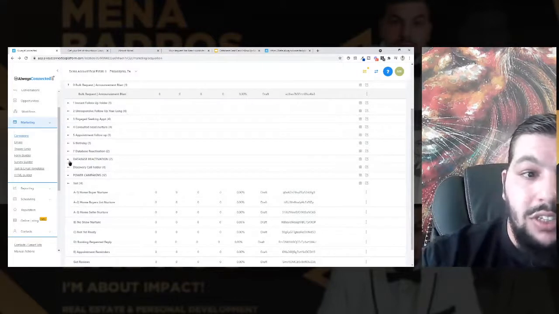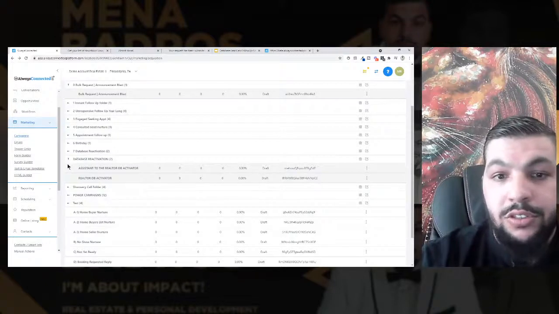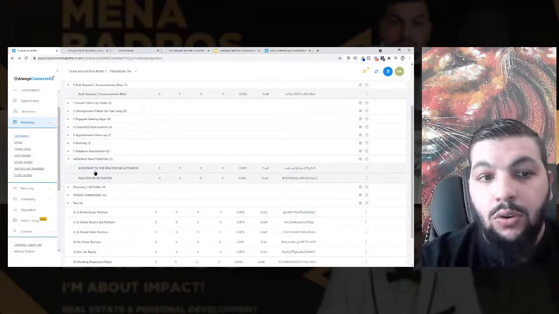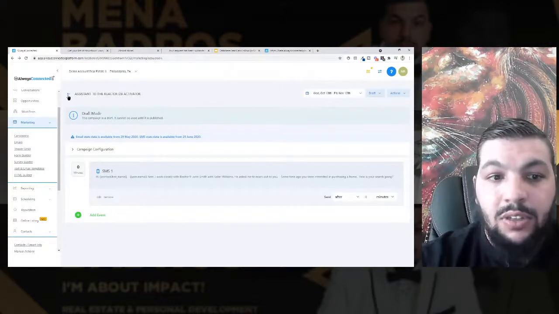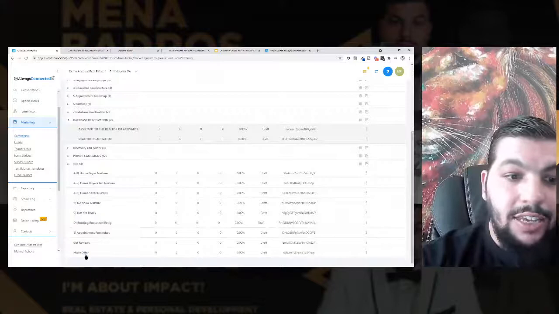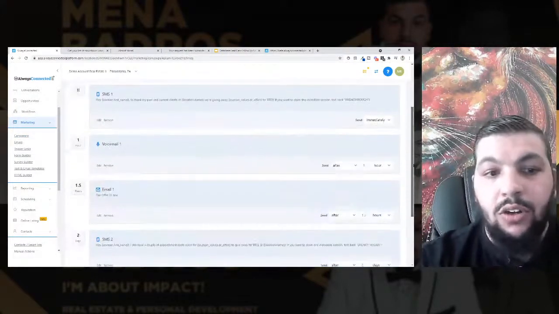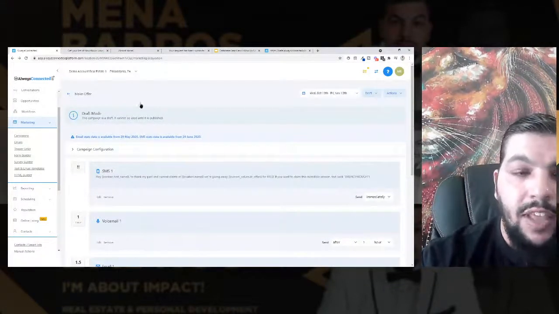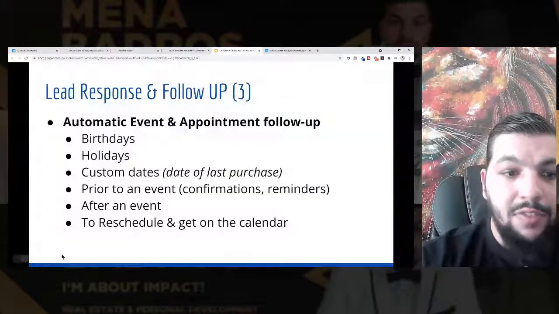Another one I'll show you is also the database reactivation. So let's say you haven't spoken to your database for a long time, but you have these contacts sitting there. You can upload all of the contacts in here, and then send out one message to all of them, right? Or you can even make an offer to all of them, right? So let's say you have a certain offer and certain incentive. You haven't spoken to these people in a while. You can make an offer, and as they respond to you, you can then engage them that way. So all kinds of campaigns that you can do and have here, right?